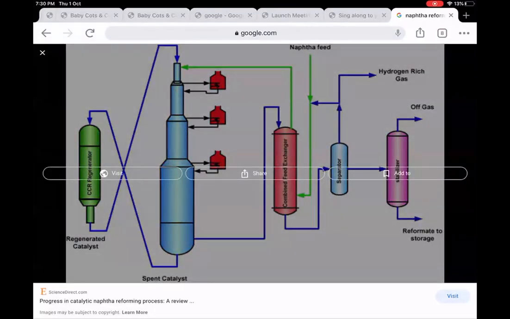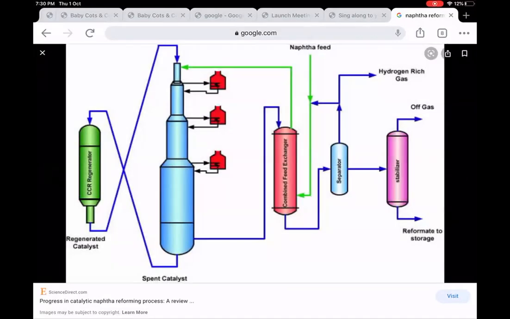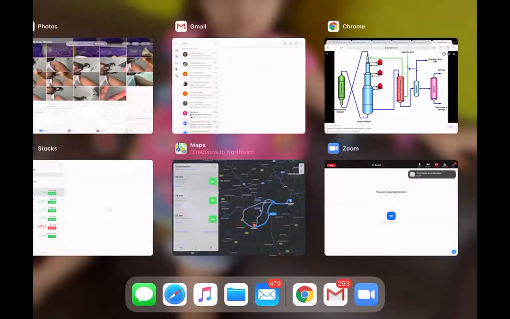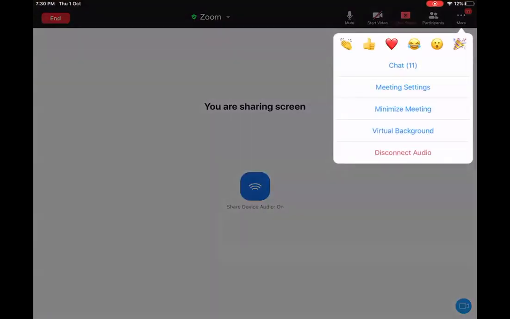The catalyst slowly moves from top to bottom. That is where the catalyst gets deactivated. So it goes to the regenerator and then comes back. This is the platinum catalyst that you see in the naphtha reformer. The platinum gets sintered during the reaction and will be dispersed in the regenerator. So this is one of the types. Any doubts, I can take them in between also.